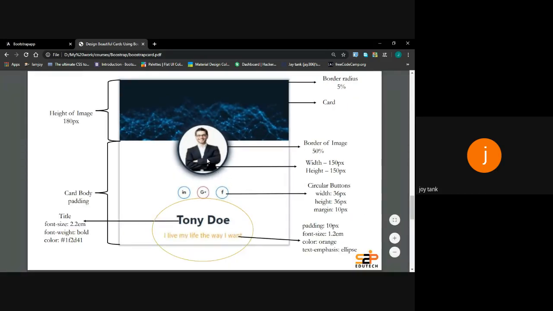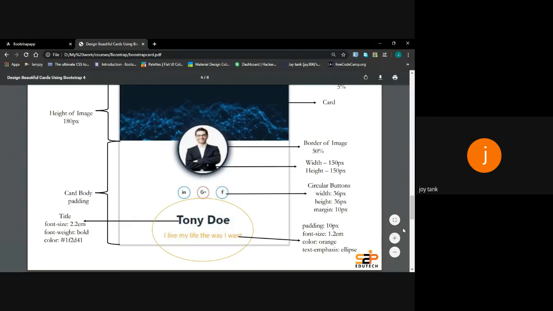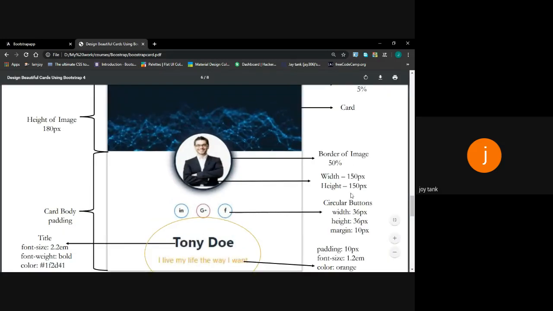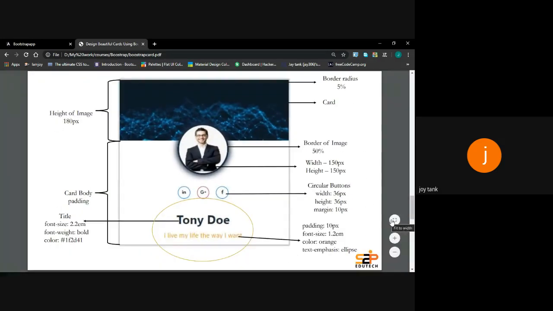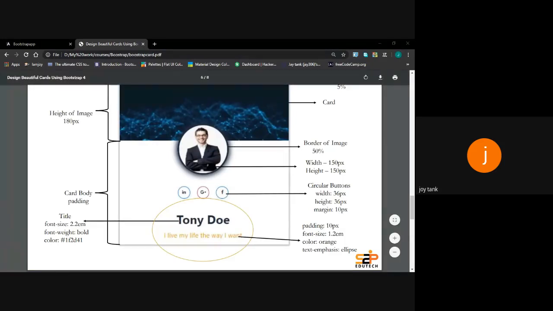I would like to explain this basic card, how we will design it, and how this is going to be a beautiful UI of a card. Are you able to see this card? Please let me know.